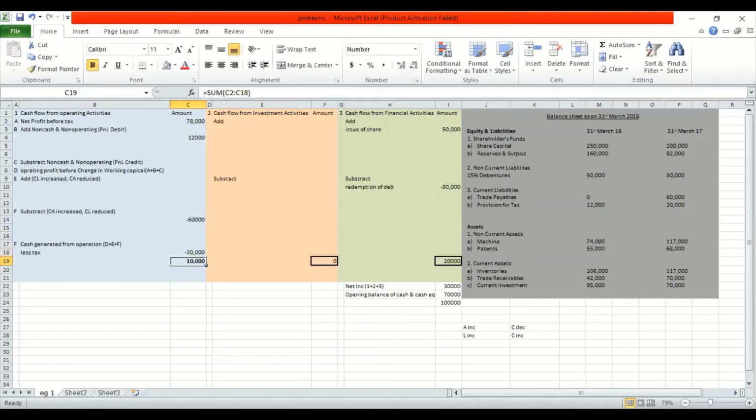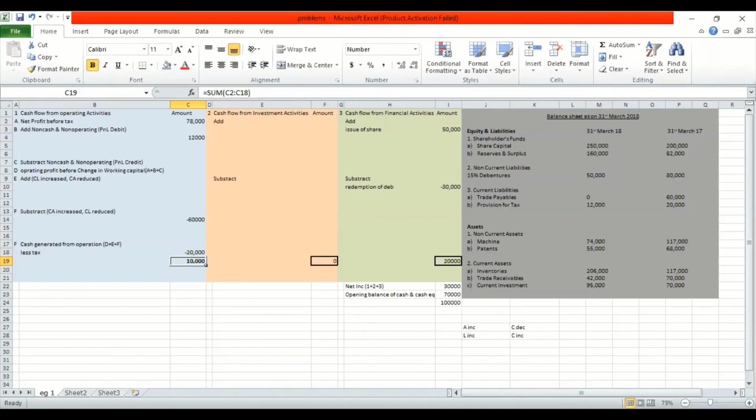So that completes our liability side. Look how fast we could have done it since we created all the three accounts. Or else what you would have done, you would have created operating activity, you would have run through the balance sheet once. Then you create investment, again you will run through it. And third, financial. So three times you're reading one sum. We don't have that much time in the board exam.